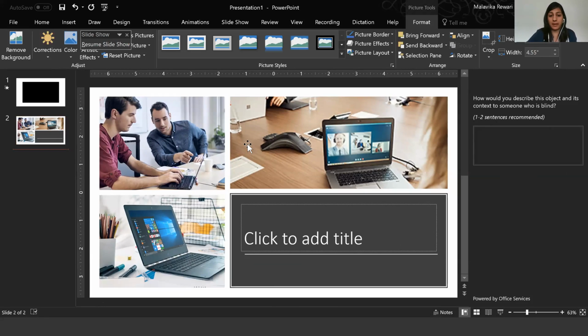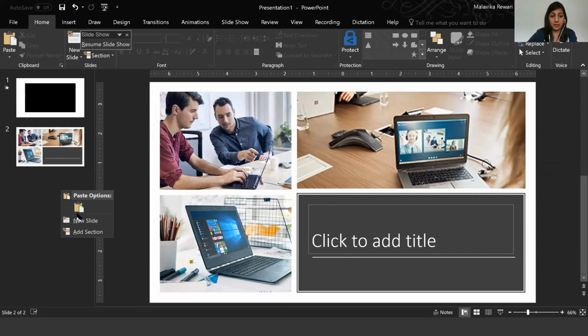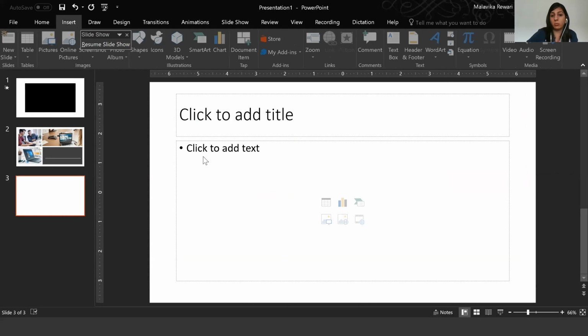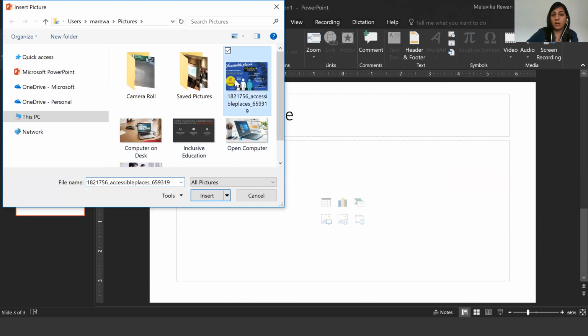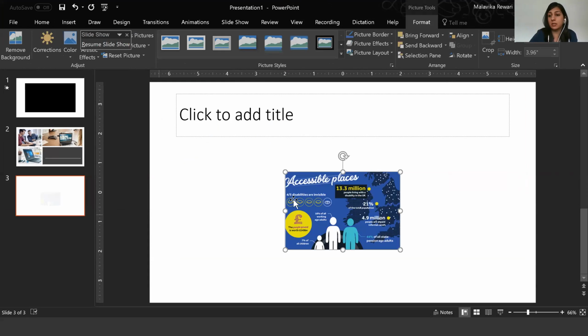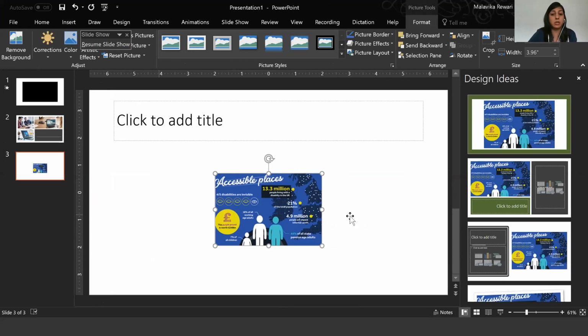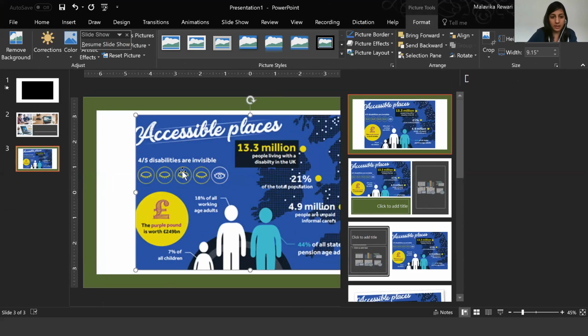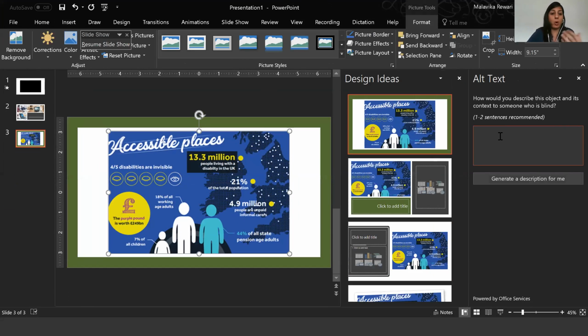PowerPoint can do it automatically for us for images that it can recognize easily. But certain times in our communications, we use images that have a lot of text and a lot going on. So computer vision isn't good enough to recognize complex images. So that dialogue is not going to pop up and label this image. I have to do it myself. So I'm going to right click, and then I should type what this infographic conveys as my description. So that's a handy trick to make visuals accessible in PowerPoint.